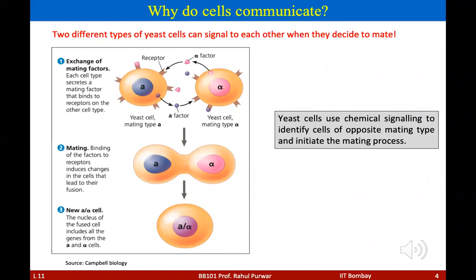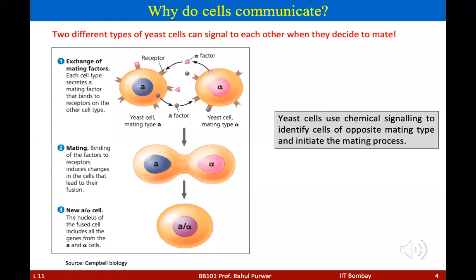So what you see on the cell surface are receptors. So mating type A will secrete A factor, and the receptor for the A factor is present on the yeast cell mating type alpha. And this alpha strain will release the alpha factor, and that will bind to the receptor of the